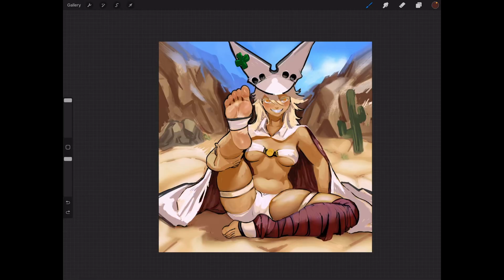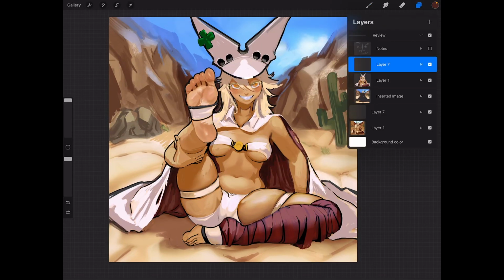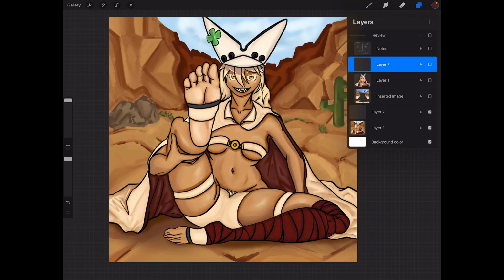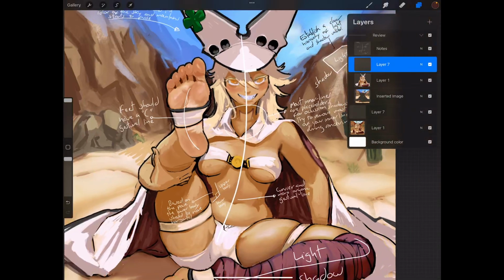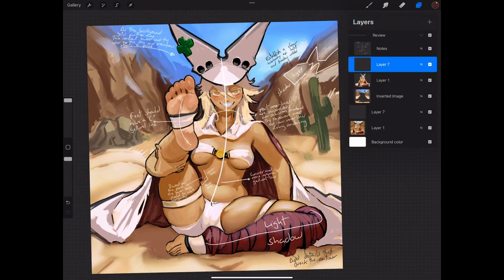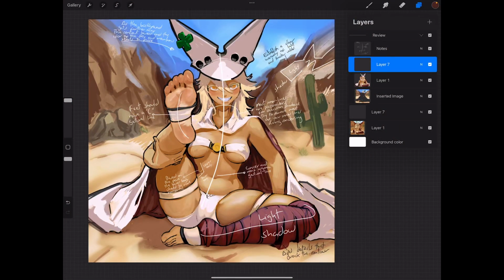Let's move to another item, the gesture. In the original, I noticed that the gesture was a bit stiff. It's obvious that she's sitting, but there is a gestural line that should be there that is not being implemented. You can see that in my notes. That gestural line basically fuses the whole body and moves everything dependent from the spine, okay?